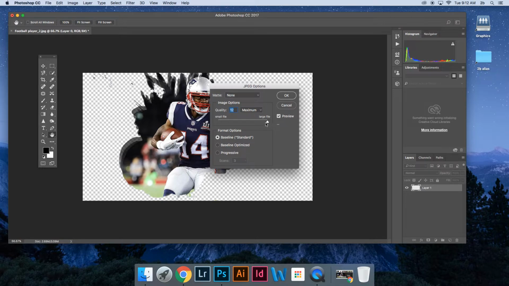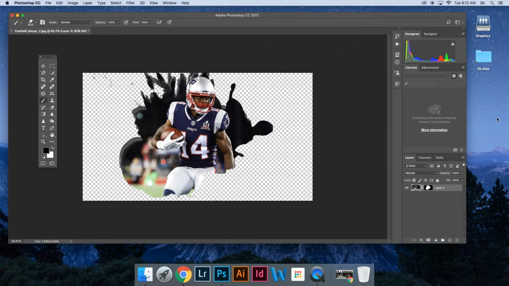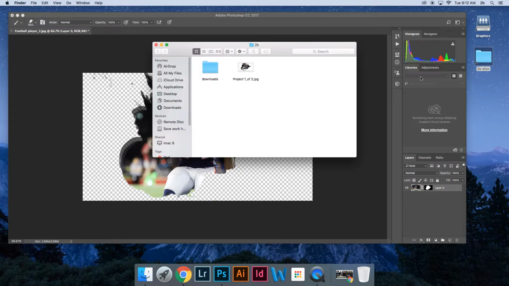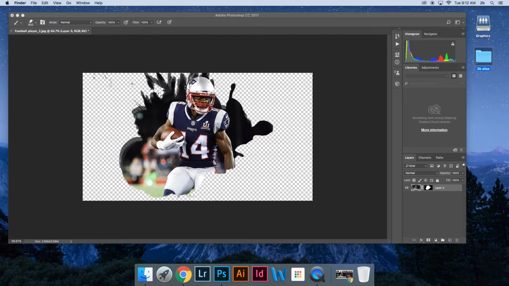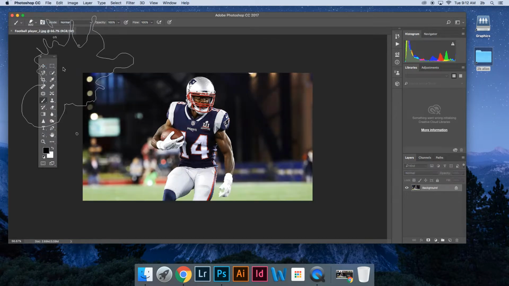Always drag your quality to high. You don't want to start, there it is. So there's our JPEG. If we double click on our 2B folder, there's our project 1 of 2. All right, so now I'm going to go to File, Revert. There's back, and now we're going to go again, unlock the lock, click on the mask button, which is